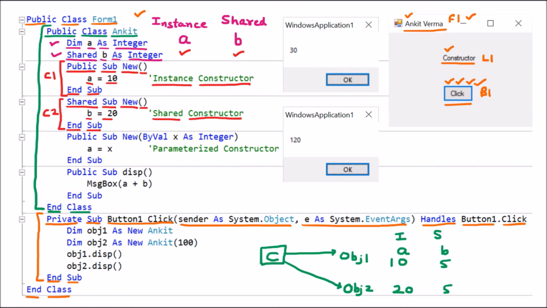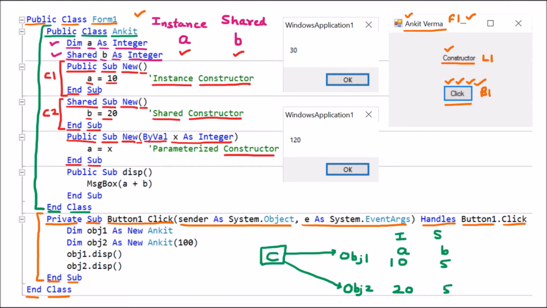Afterward, again we are using the New keyword with the brackets. So that means it is the constructor. And here we can see Sub. Sub means no return type, it is void. End Sub, it is ending. Public means it can be accessed outside. Now here in the New, we are passing a parameter x as Integer by value.